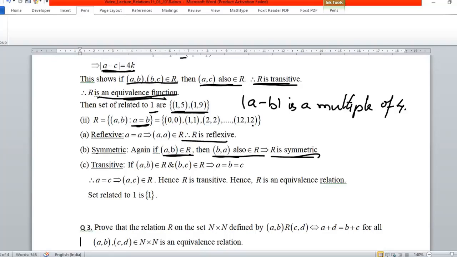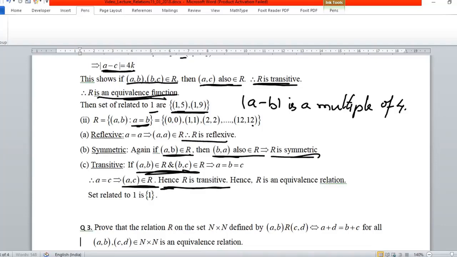For transitivity, we check if a comma b belongs to R and b comma c belongs to R. In this relation we have elements of the form 0 comma 0. This element is present in the relation, and there is no element which starts with 0 other than this itself. So for obvious reasons this relation satisfies the condition that if a comma b belongs to R and b comma c belongs to R, then a comma c belongs to R. So a comma c is also present in this relation,